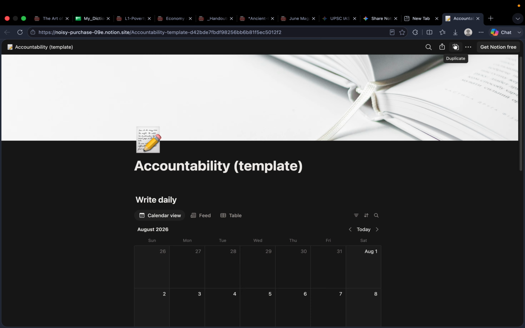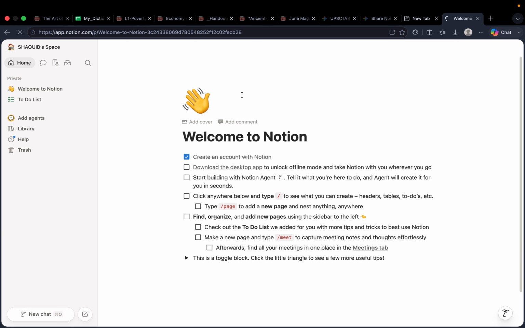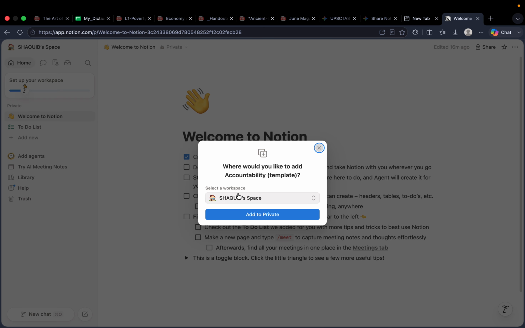Do this after you have downloaded and installed the Notion app on your laptop, and if you have logged in to the Notion app. If you have an educational email, you will get a Plus subscription for free on this app. So once you open the link, you get to this page, click duplicate here, and this will get opened in